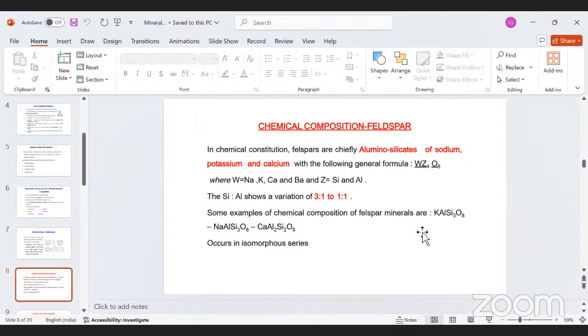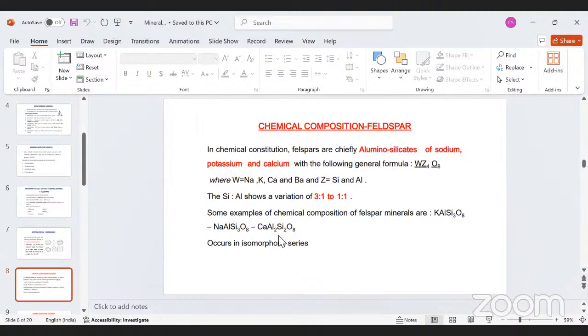So here KAlSiO. But the ratio of silicon and oxygen is almost 1:3. So if silica is 3, the oxygen would be 9. But actually the oxygen composition will be dropped, and instead the aluminum will be joined. So automatically KAlSiO8 will form. So this is potassium feldspar, and sodium feldspar is